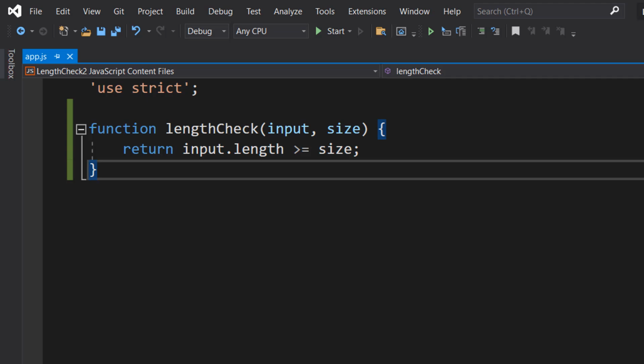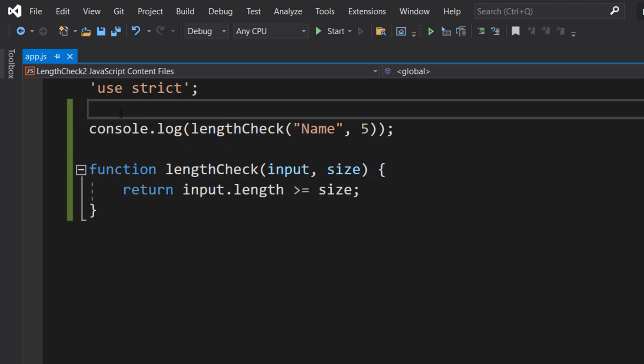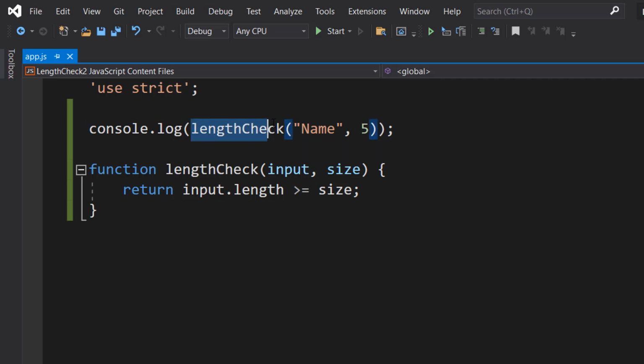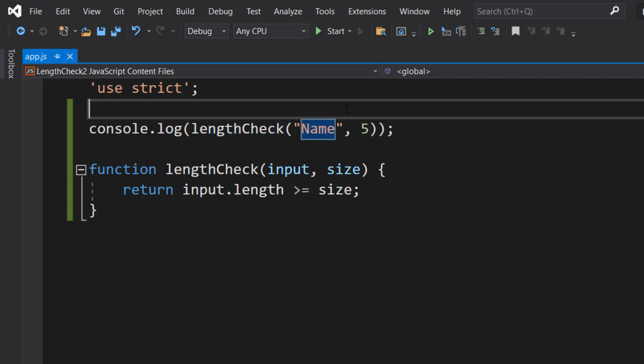How do we use this though? Well, you can call it wherever you want, but I'm going to be calling it in a console log statement. This will work for your website, your server, your Unity game, or whatever, but I'll be doing it in a console log statement. And we can do length check, pass in a string we want to check the size of,